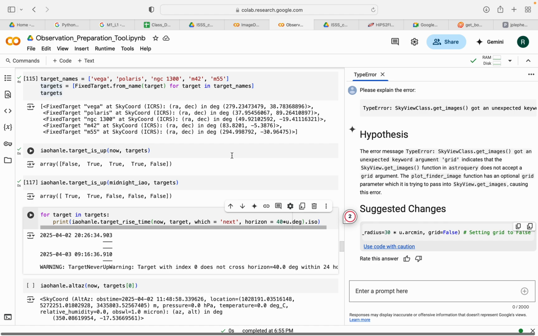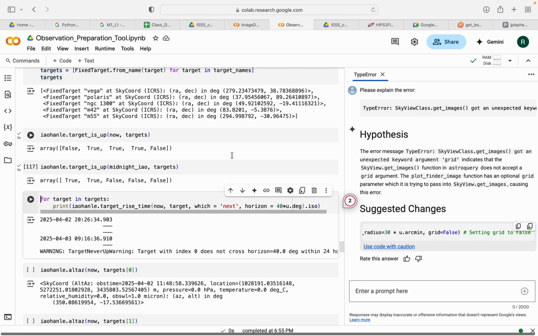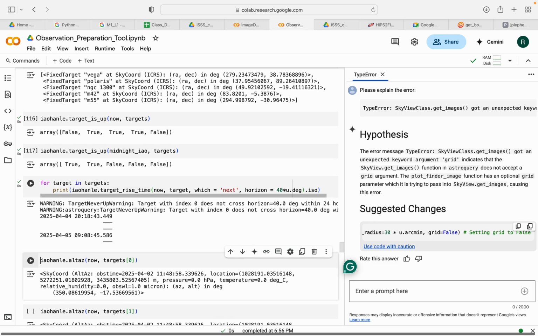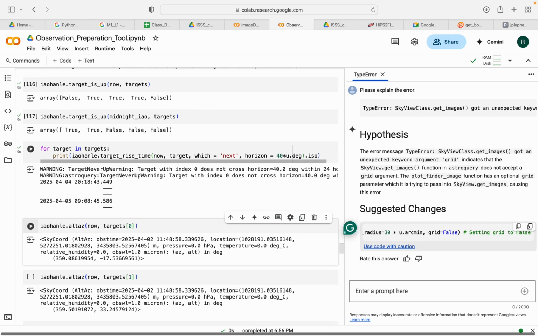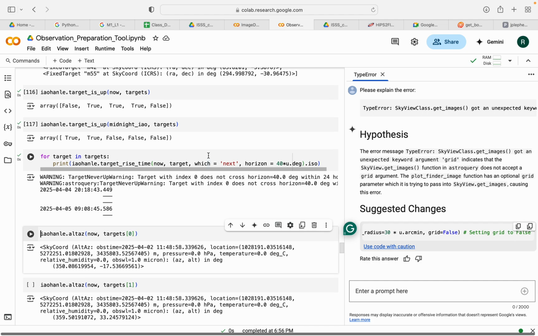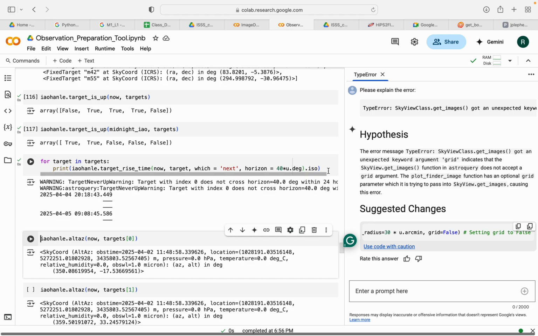Just at the horizon you cannot do observation. For that, the target should be above around 30-40 degrees elevation. You can check here if the target is up 40 degrees. Now for the target in targets, if any of your targets is up 40 degrees above the horizon,